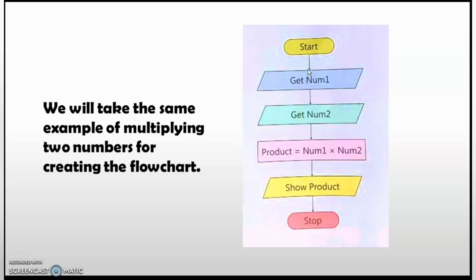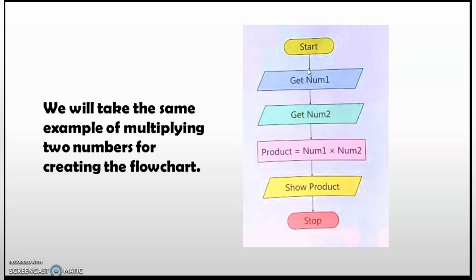After that next step is product. Now your machine will do some calculations. It will take variables like product, number 1 and number 2, and it will multiply both numbers that you have given to the computer, number 1 into number 2, and it will put that value into the product, which is a variable. So at last it will show you the product of the numbers that you gave to the computer or calculator.